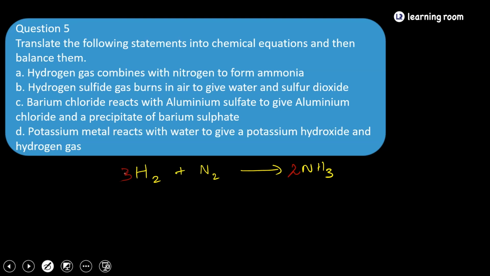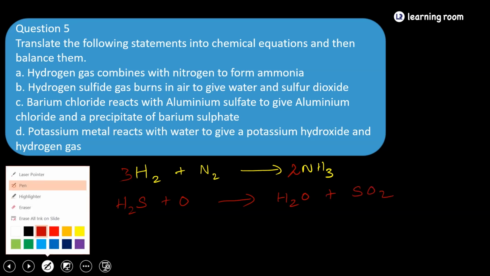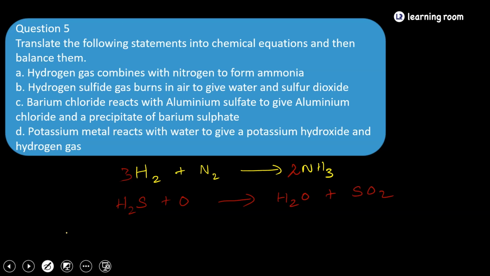Next, hydrogen sulfide gas burns in air to give water and sulfur dioxide. So hydrogen sulfide gas burns in air to give water and sulfur dioxide. The formula for water is H2O and sulfur dioxide is SO2. So is that reaction balanced? You need to balance. H2O it's solved, but you have 1 S, but you have